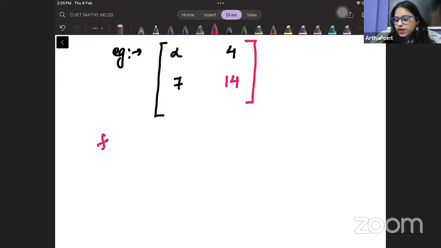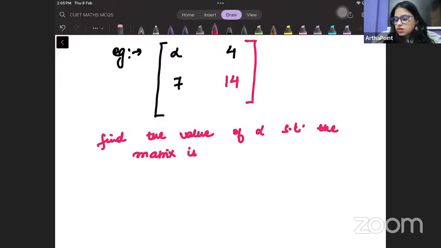And it asks you find the value of alpha such that the matrix is a singular matrix. हमें alpha की वो